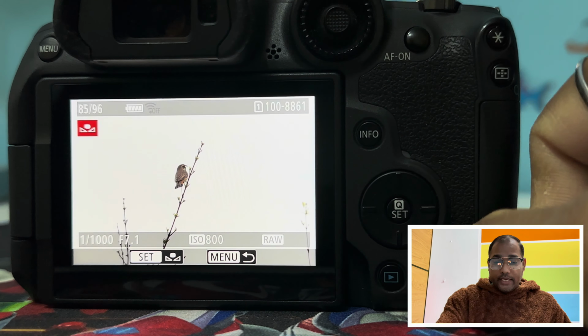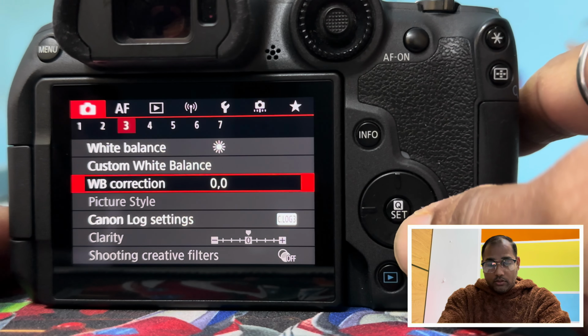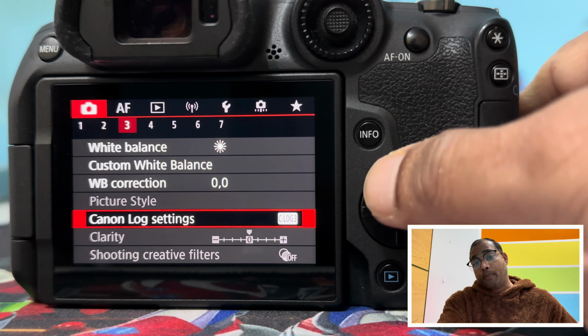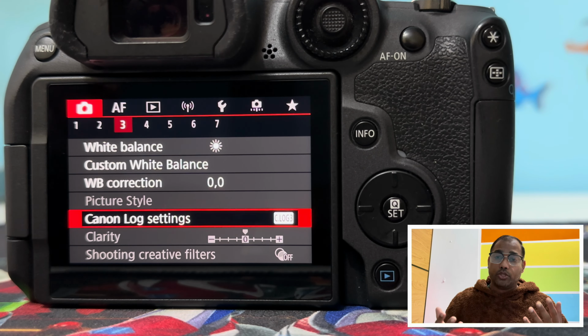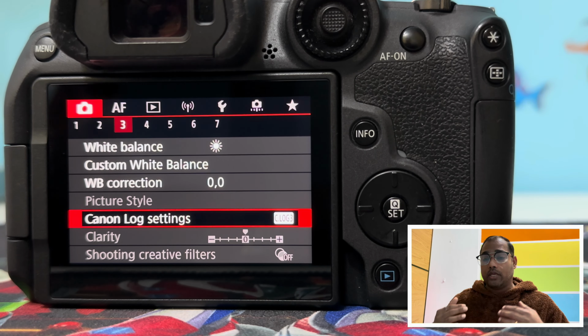You don't need to change any settings here on the custom white balance. No corrections. You need to set these Canon lock settings, which is very important. So Canon lock settings give you more opportunity to do things with your video. You can edit it more. You can play with the brightness, the contrast, the sharpness, the more color grids,